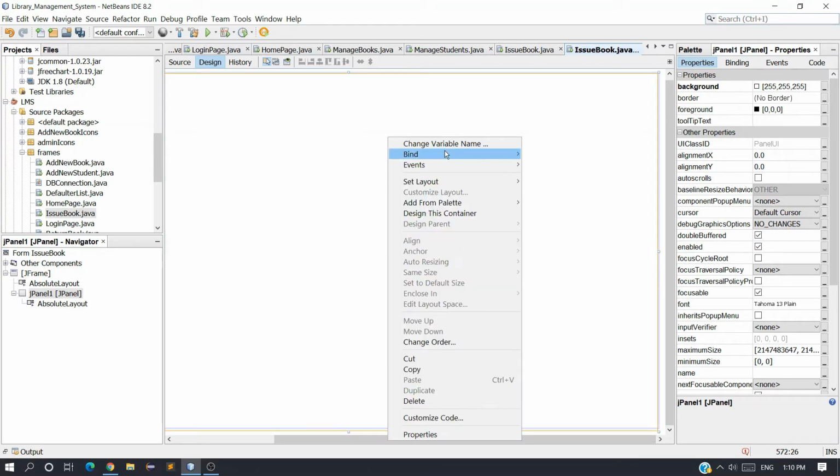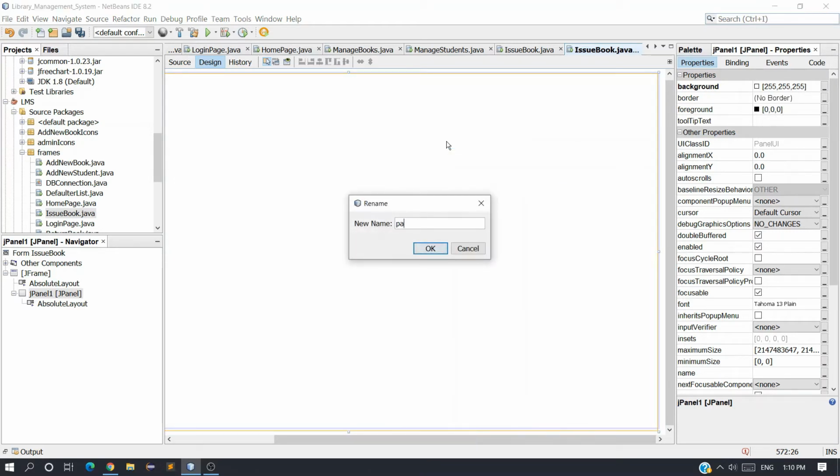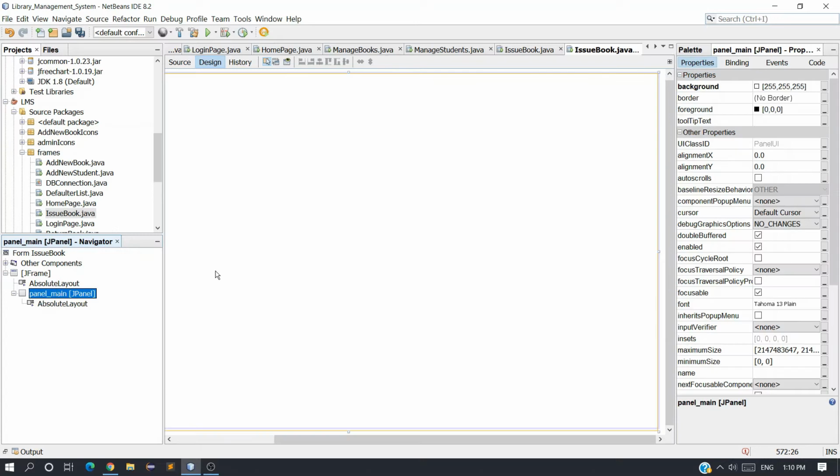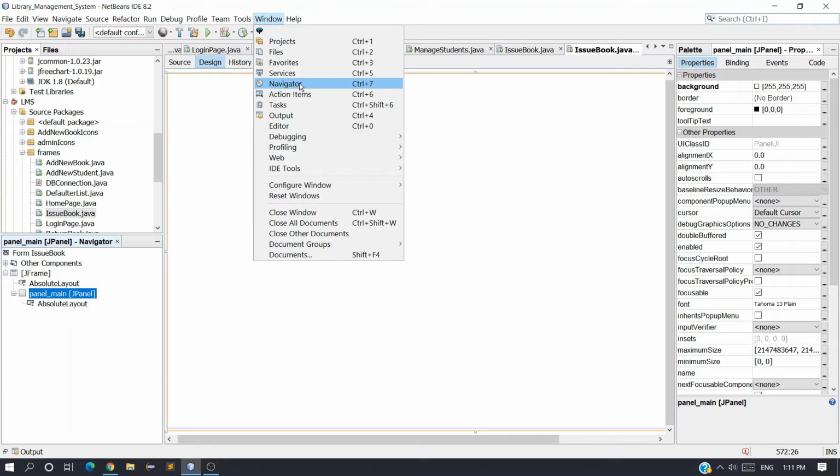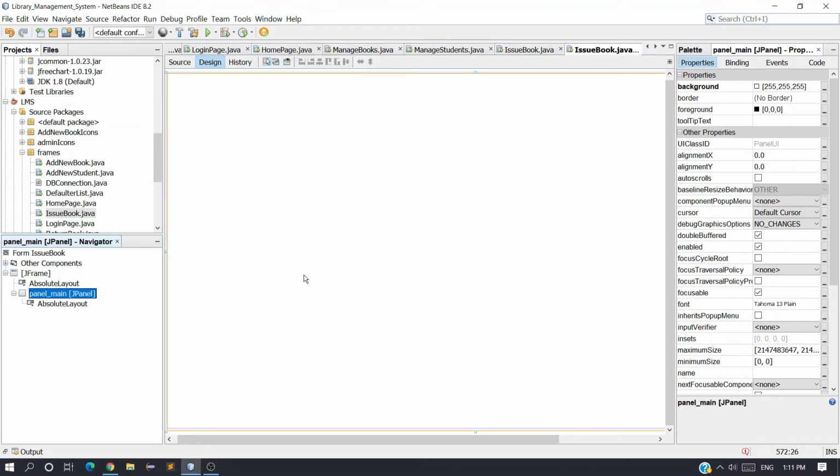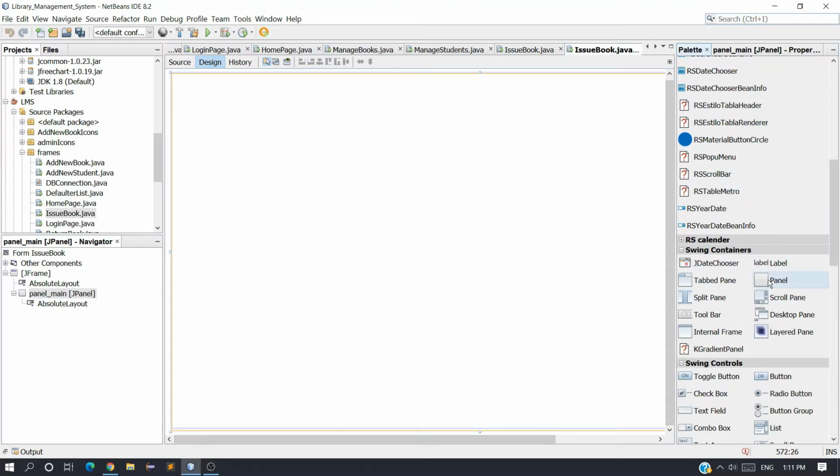Change the panel name to panel main, and you can see that panel here, panel main. It will be easier for us to track the components on the screen using the navigator. If you are not seeing the navigator here, go to Windows and select navigator, and you will get this. Now let me take another panel,